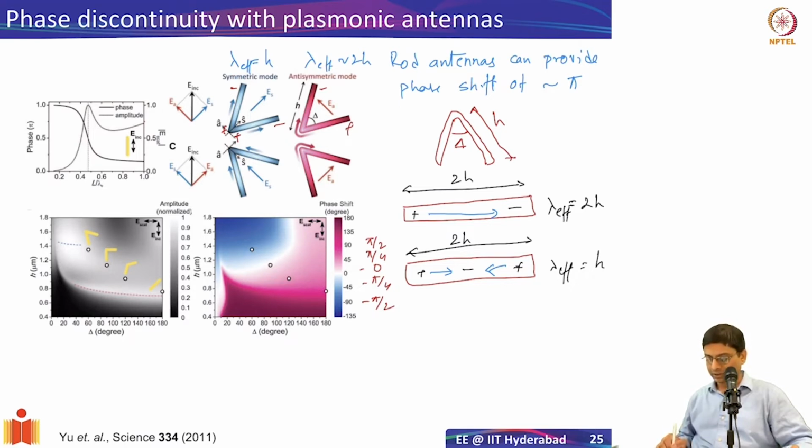One is this shape, 180 degrees. So basically a linear antenna, a rod antenna. And then there are different, smaller angles. So you essentially have a V shape. And they picked these various shapes at particular dimensions so that the amplitude is the same. In this part here, you see the red line, this is the anti-symmetric mode, the pink line, anti-symmetric. And then the symmetric.